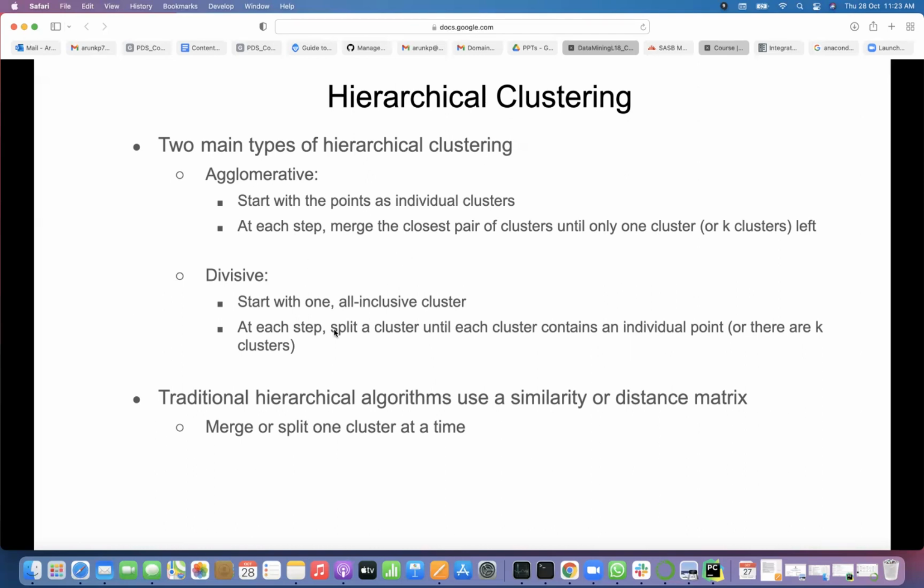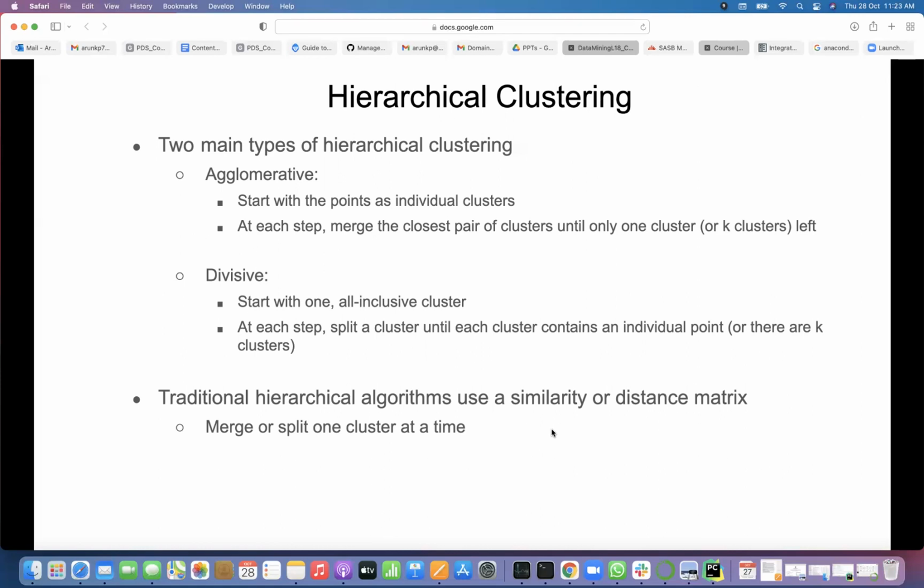The concept is different, but at least merge and split are two different operations we use for agglomerative and divisive. Traditional hierarchical algorithms use a similarity or distance matrix. So first we should get the proximity matrix between points, which is also called distance matrix or similarity matrix. Similarity is always 1 minus distance. If you compute distance, then to get a similarity matrix you need to convert all the distances to 1 minus distance. If you use similarity, there should be high similarity to be merged. If you use distance, there should be small distance to merge points. That is the common criteria anywhere, right?